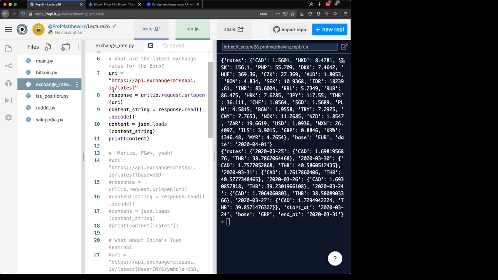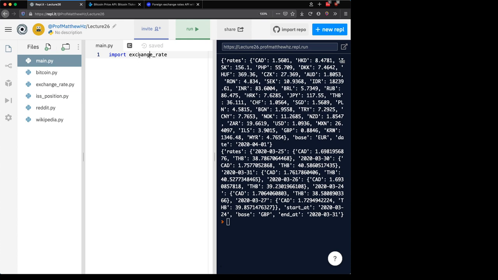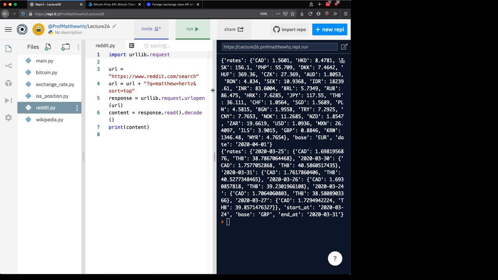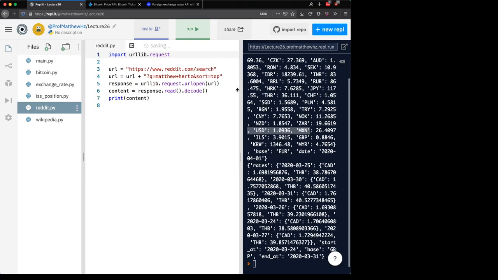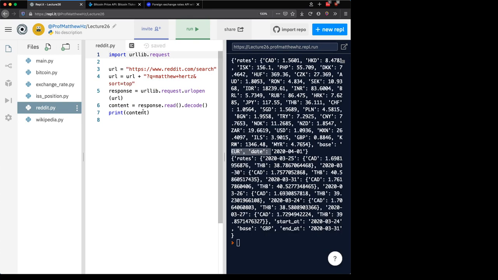So again, there are lots of different sites that can do this. Let me switch to another one of these. In Reddit, just to point out, this is not limited strictly to JSON. Reddit, for instance, allows us to do a search for any page. And the way that you do a search, normally we'd go through the web page, but if you use that inspector, you can actually find out where that